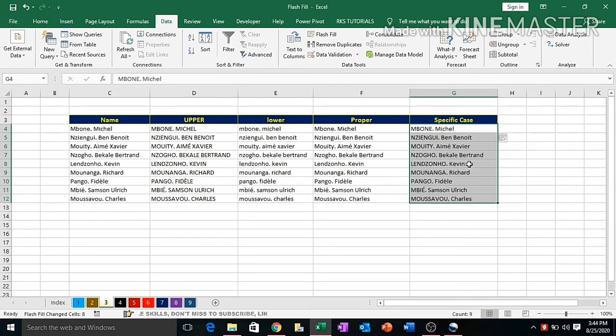If you want to do it with Excel functions, then it is not an easy task. It will take much time. So here it is very easy. Let's move to the next function.